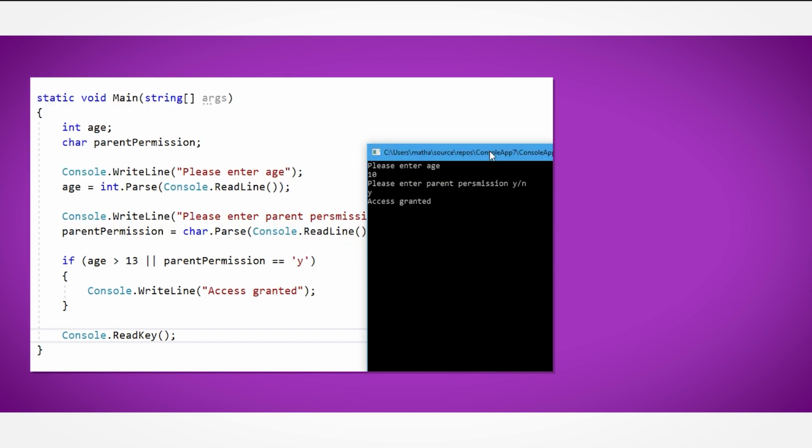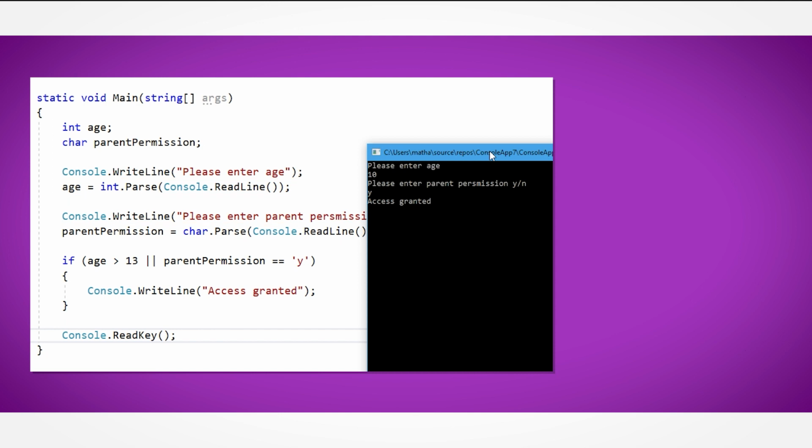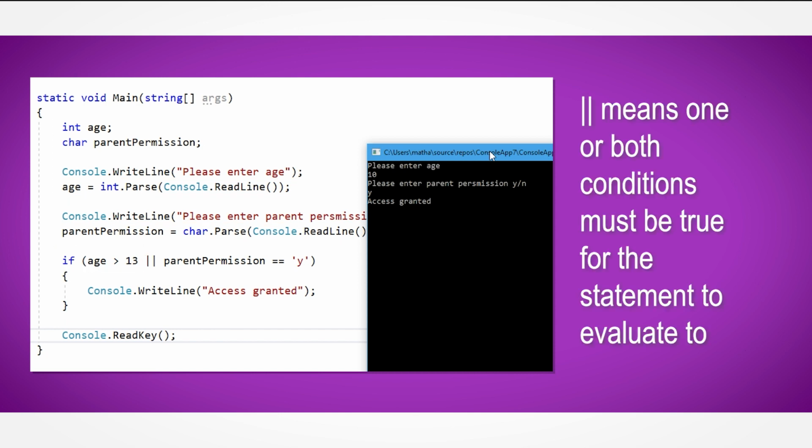Many social media websites require the user to be 13 before being allowed to sign up to them, or they may require parent permission. While this code may look a bit different if we were taking inputs from a database, we've simplified it by taking them as user inputs. The condition here reads, if age is greater than 13 or parent permission is equal to y, then the condition